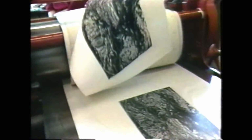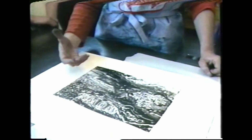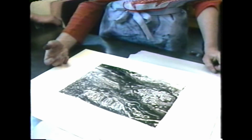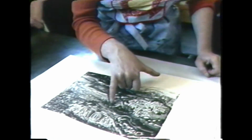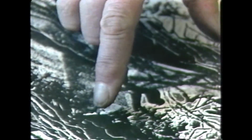One of the problems with relief etching is very similar to the colograph, in that it has a basically dirty quality to it, to the black. It's hard to get that black to have much life in it. So I think you need to concentrate on textures. Even though these are very different textures, there's a leveling character to it that is hard to jump out of. And beginning to get some help in an area like that, beginning to get a little zip. And also you'll find that a line like this will help a lot. When you draw it, don't draw it for the drawing itself, you draw it for the print it will become,